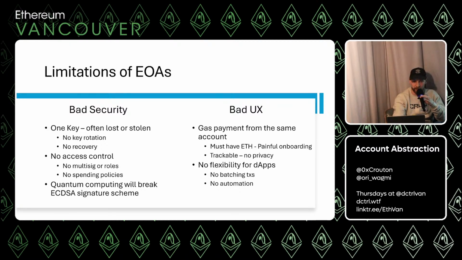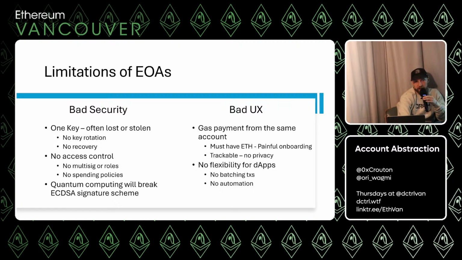And then the second point here is there's no flexibility. We can't batch transactions. There's only one transaction at a time. If I wanted to do multiple actions together, I have to do those sequentially. If I want to do a swap and then a bridge, I typically have to sign two different transactions. Some apps are starting to let you bundle these things together, but generally, you're doing things one thing at a time.